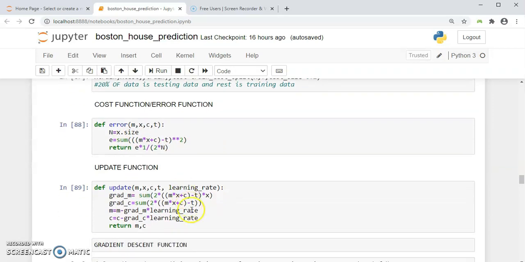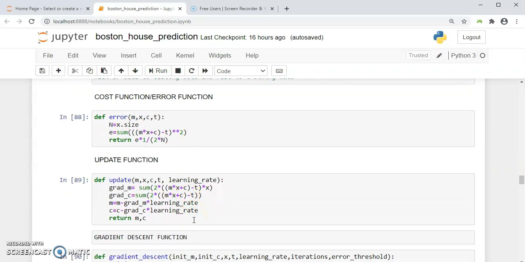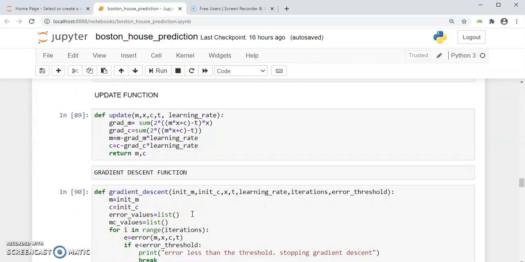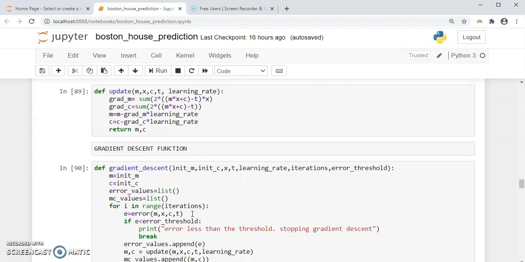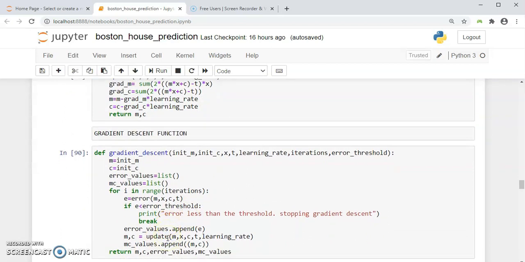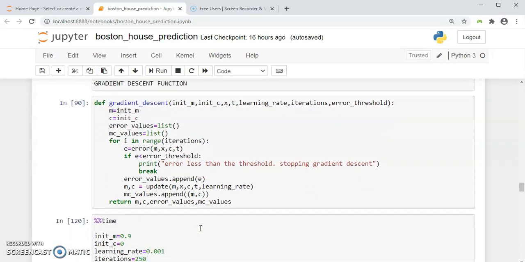The purpose of the update function is to calculate the gradient and to update m and c, while the purpose of the gradient descent function is to apply gradient descent on the cost function and to obtain the best fit values of m and c. You must be confused with m and c, but whenever we use linear regression, the hypothesis is y equals mx plus c, where m is our slope and c is the intercept.